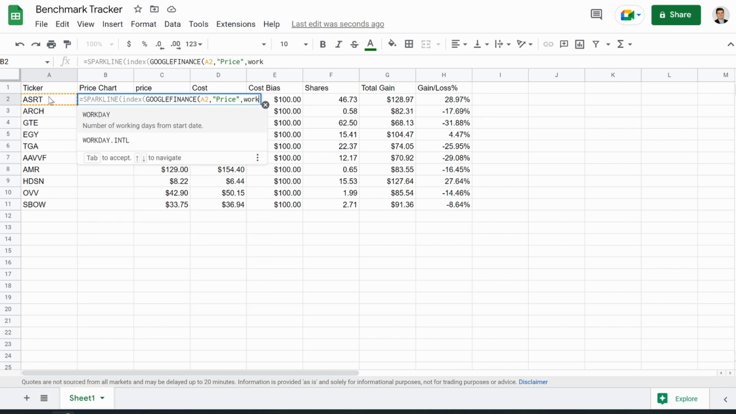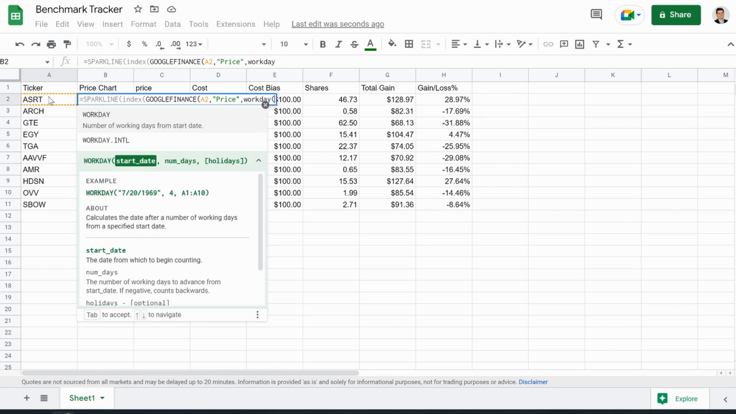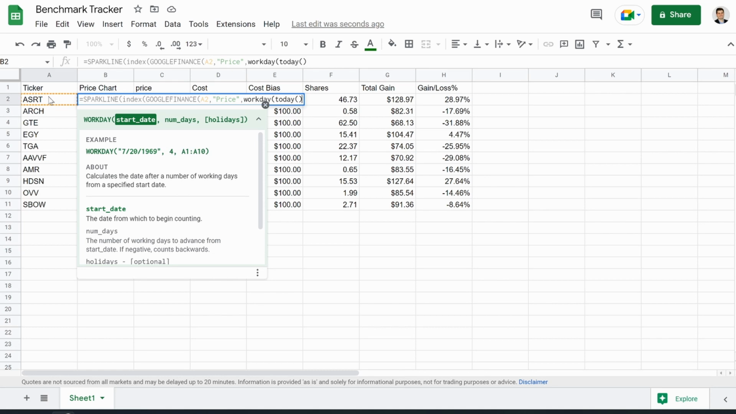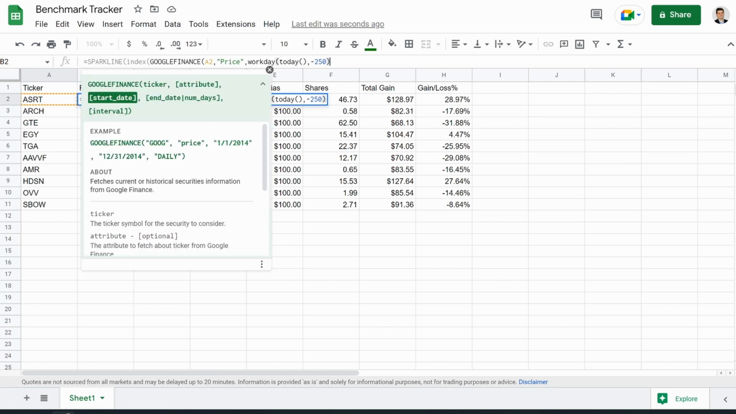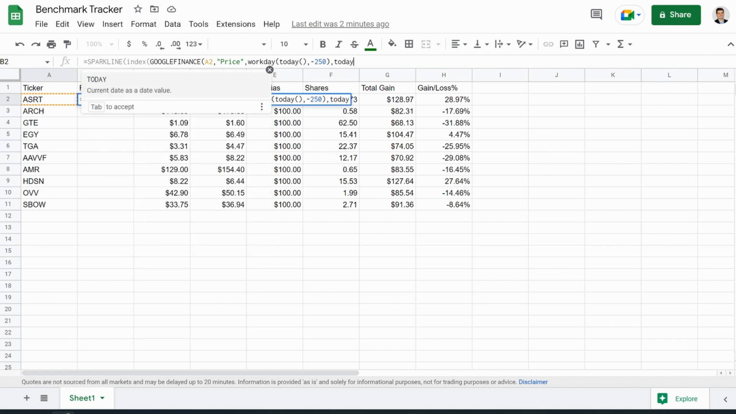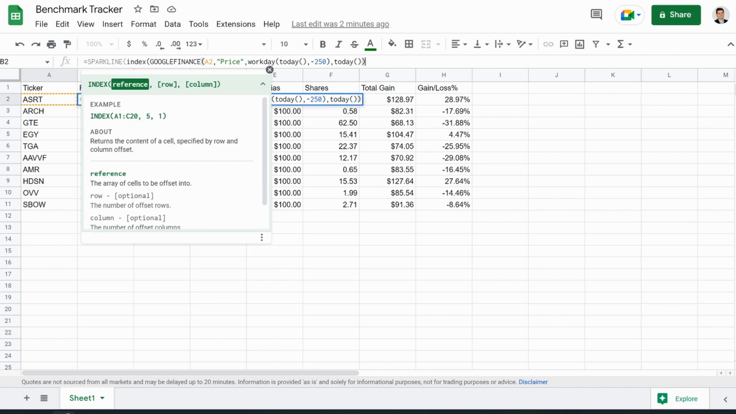Then comma. Now here we go. Here's the first thing. We're going to want workday, open parentheses, today, then open and close parentheses, comma minus 250. So what this is saying is take every single day during the week, that's the workday, from today all the way back 250 work days, which should be around 365 days because there's around 250 work days in a year. Then we want to close that, do comma, today, open, close, close,